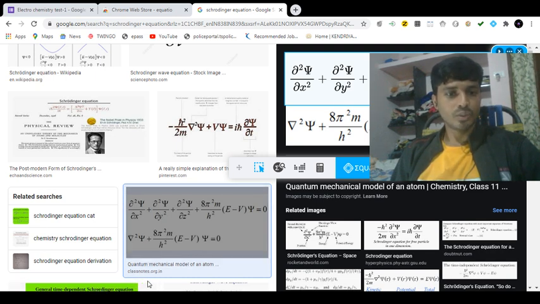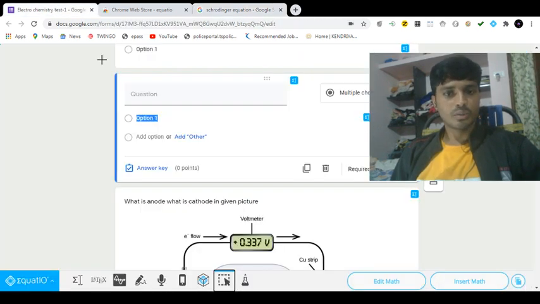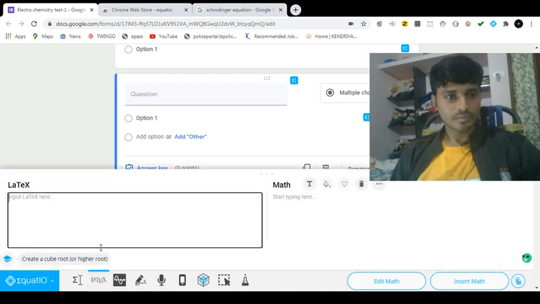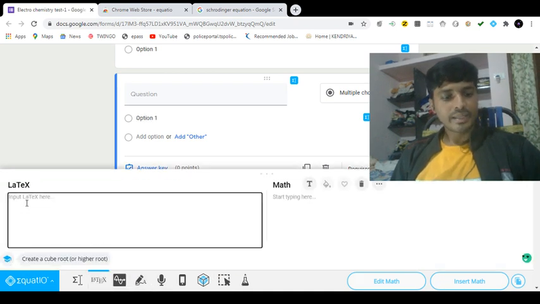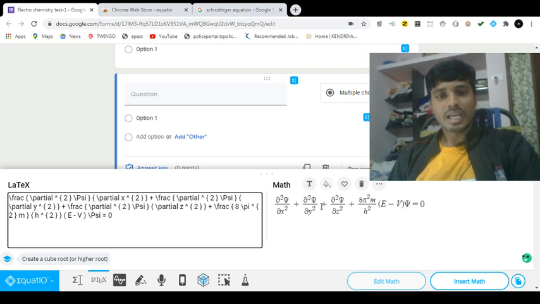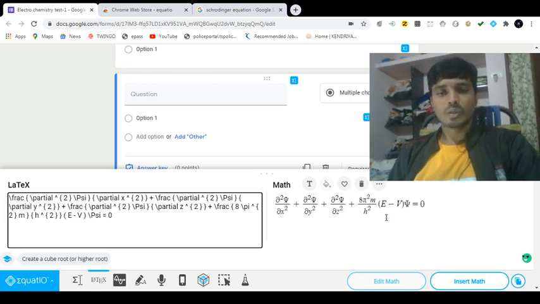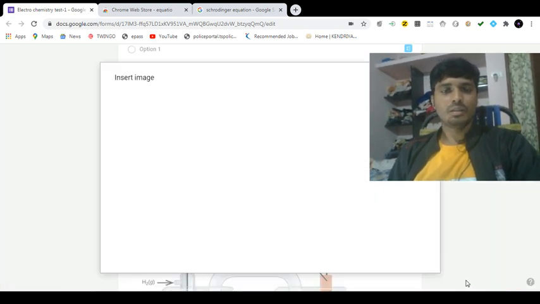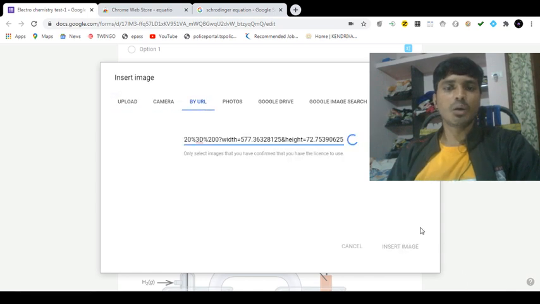Now I will go to my Google Form and click this LaTeX option. I have copied it, so I will paste it here. The moment I paste it in LaTeX, the formula comes here automatically. So you can insert this math in your question. So this is how this can be included